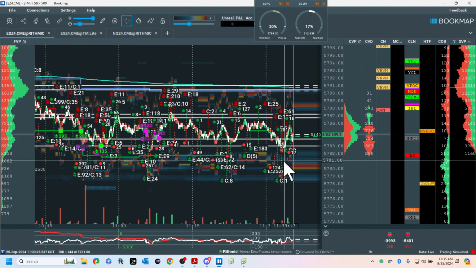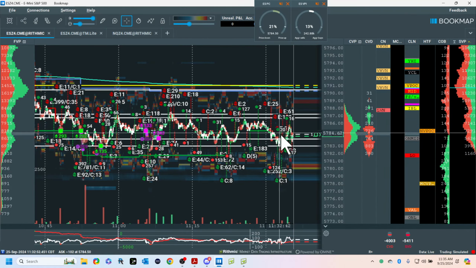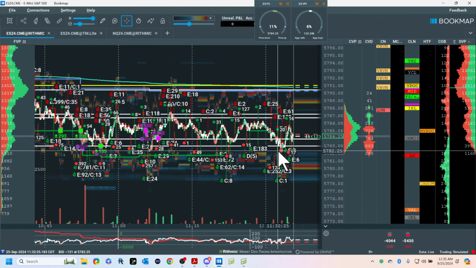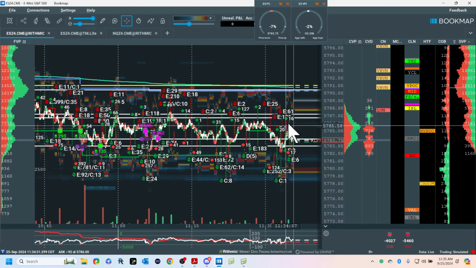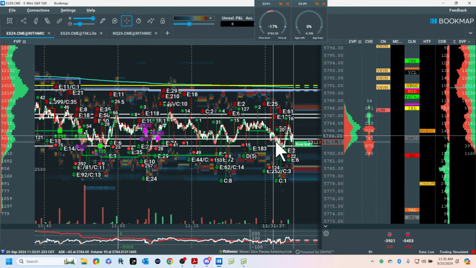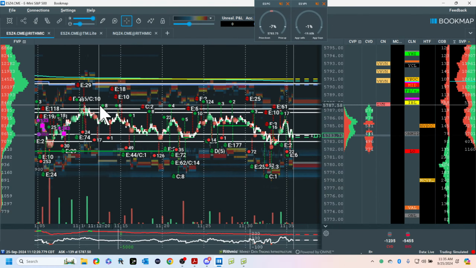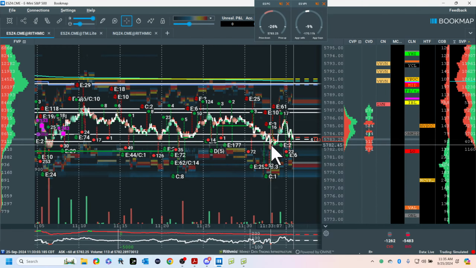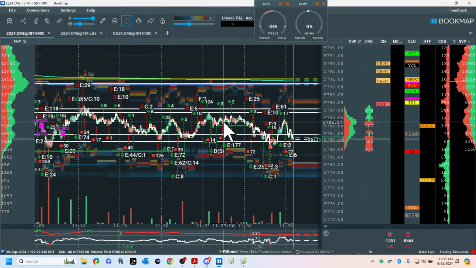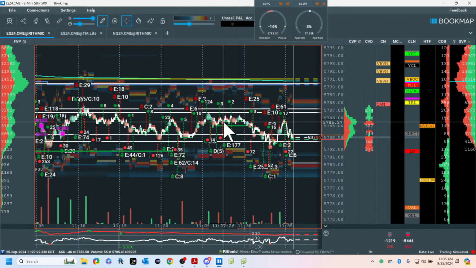And if I can't get under here, every time I'm not getting traction here, it's setting up more potential for a squeeze. So I just have to be patient. My stop can be fixed over here. There's no risk on the short, or I could be trying to manage it with order flow. Micro high volume is right here. Let me show it to you. I got it.